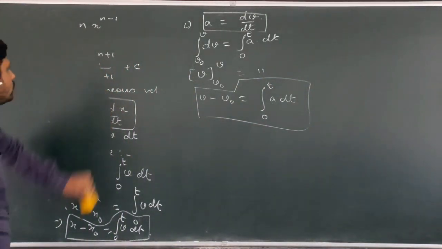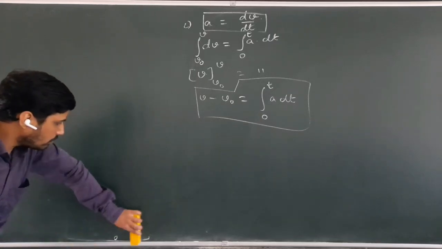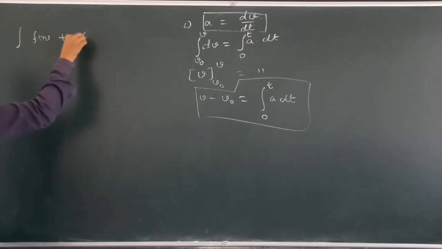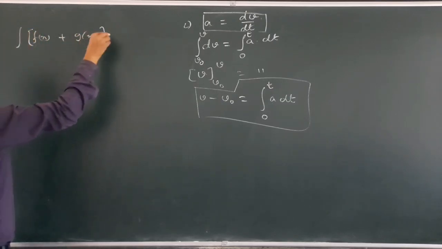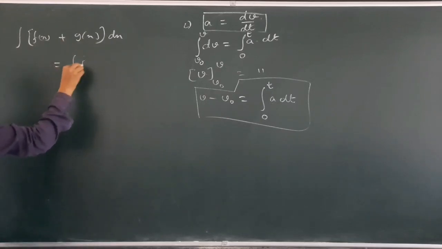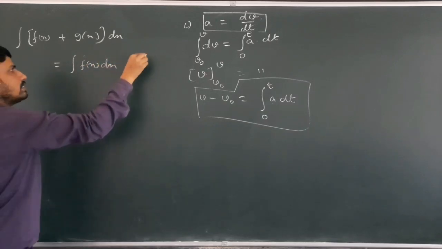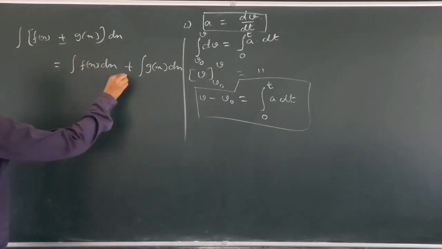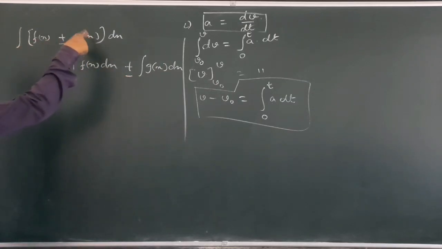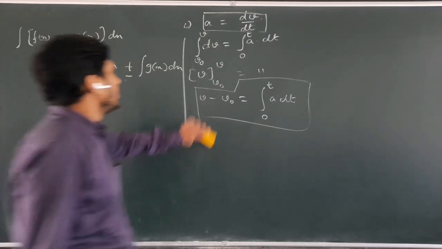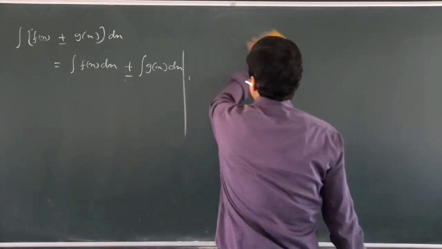Okay. So I would end by discussing one simple example. But before I discuss this example, let me tell you that if in an integration we have two functions, their sum, integration of f(x) plus g(x) dx, then we integrate them separately. So integration of f(x) dx plus integration of g(x) dx. The same rule holds true for negative. Integration of f(x) minus g(x) dx will be integration of f(x) dx minus integration of g(x) dx. So let us discuss one simple example